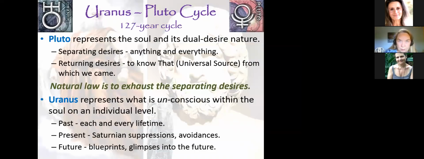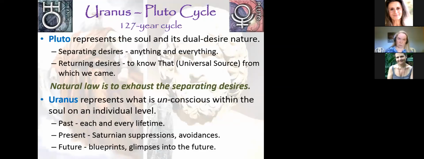So briefly, they have a 127-year cycle together, and Pluto represents the soul and its dual desire nature. And that dual desire nature is the separating and returning desires. And as I have a tendency to explain it, separating desires are anything and everything. A new lover, a new job, a new car, a new purse, a new house, whatever it is. Returning desires, basically I look at that as being one desire. The desire to know that from which we came, or the desire to know universal source, the desire to return